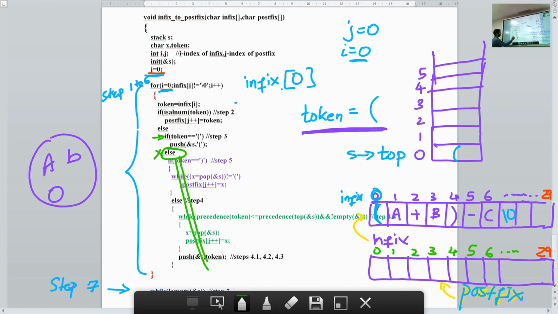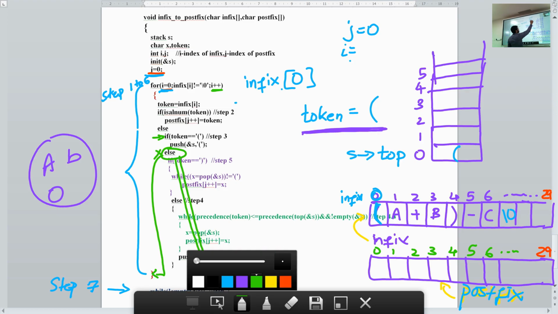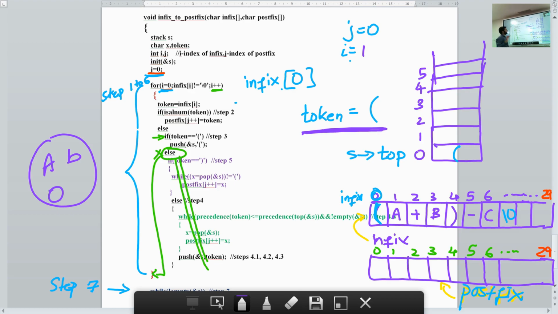So from here we come to the for loop. In the for loop, what happens? I is incremented. So I value now will become equal to 1. So now infix of I. What is I? I is 1.